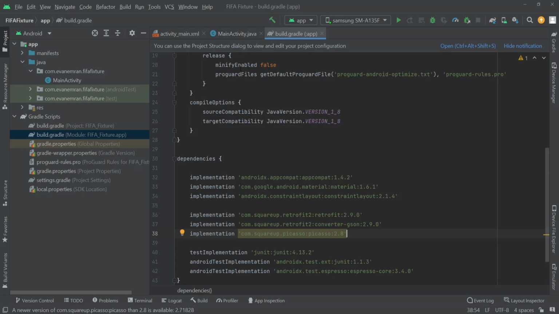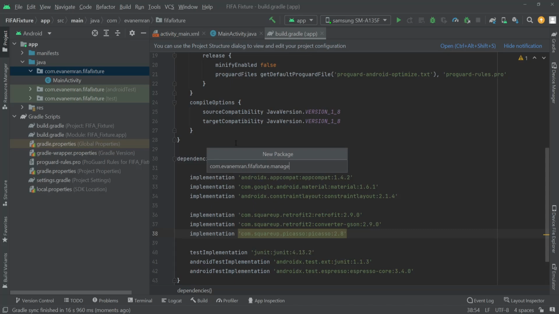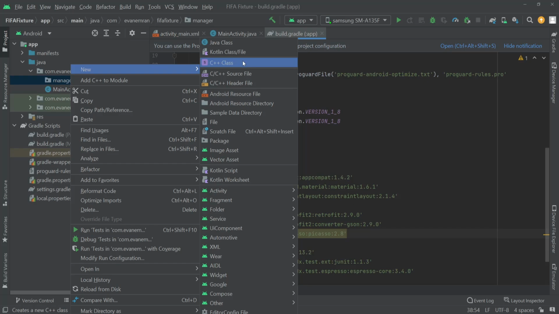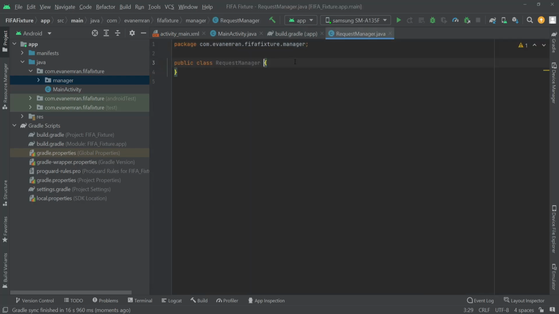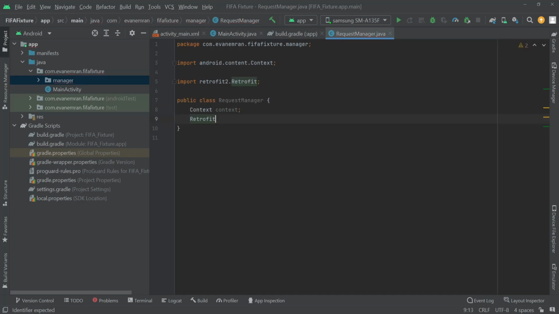So to call the API, I'll create another separate class. So I'll create a separate package at first. I'll call this manager, and inside this manager, I'll create a new Java class. I'll call this RequestManager. Okay, and inside this RequestManager class, I'll take an object of context. Okay, and then I'll create a Retrofit object. So I'll call the Retrofit, I'll name its object as retrofit equals